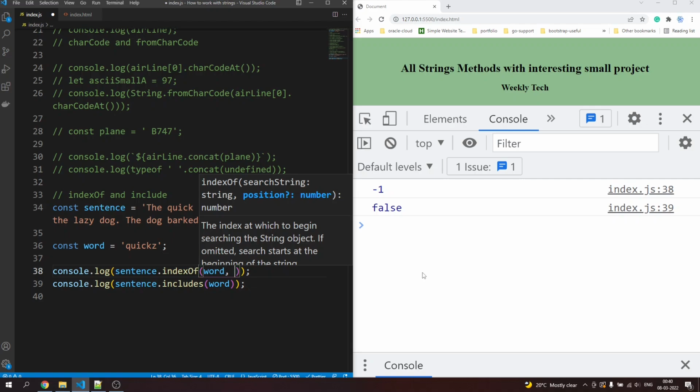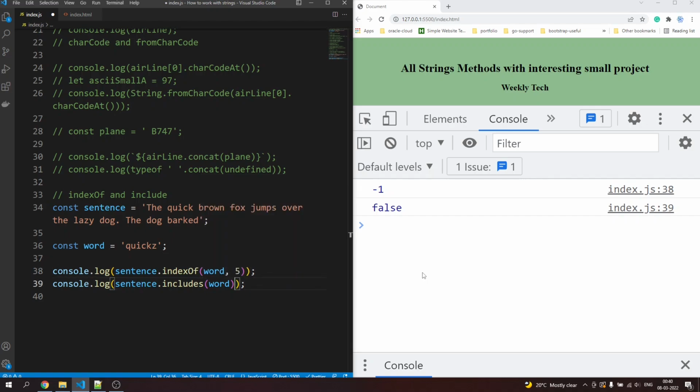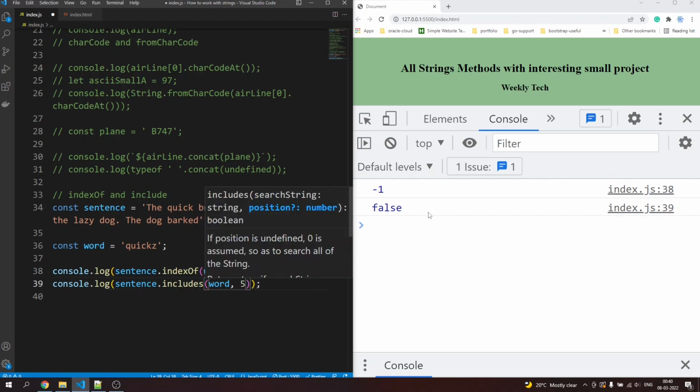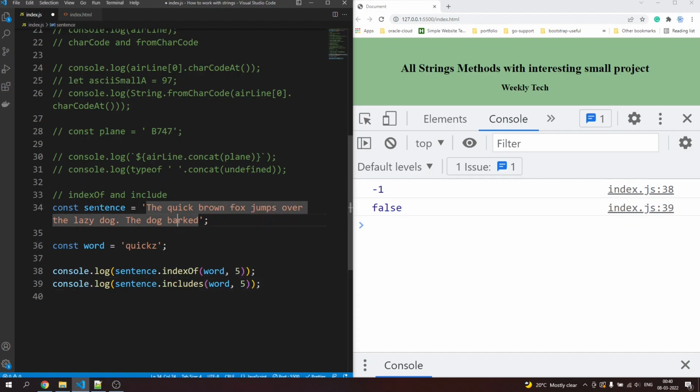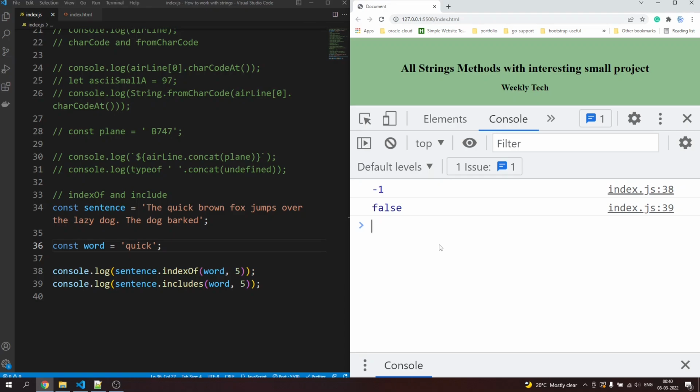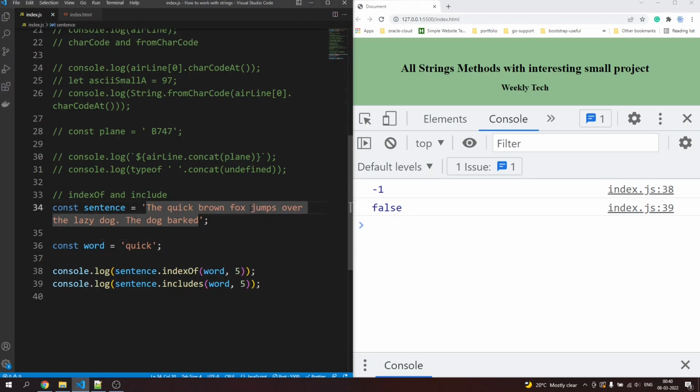For example, I want to give 5 to both of them. So start searching from the 5th position of this string for the word quick. It will give you -1 and false in the output, because we have asked them to search from 0 1 2 3 4 5, and after this there is